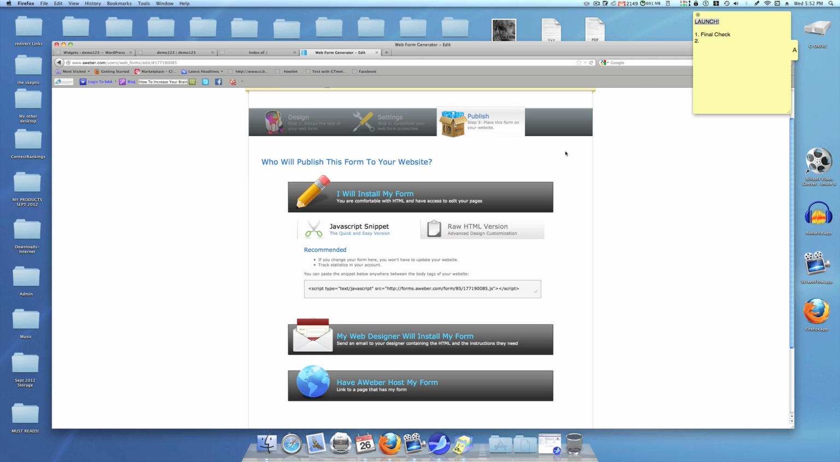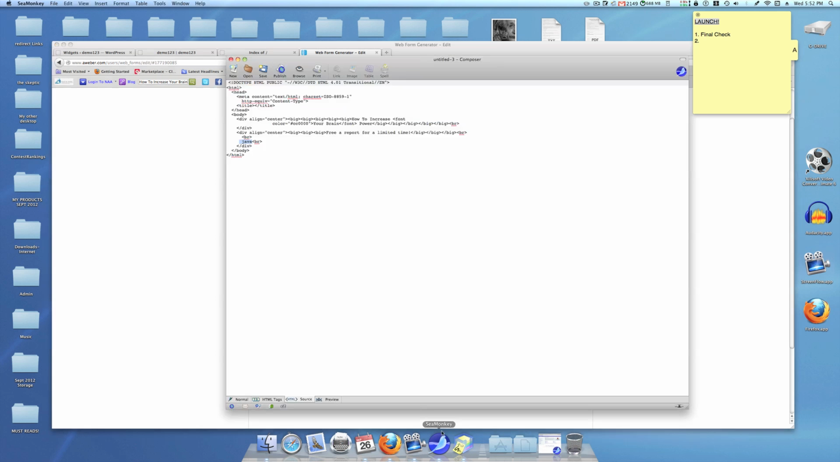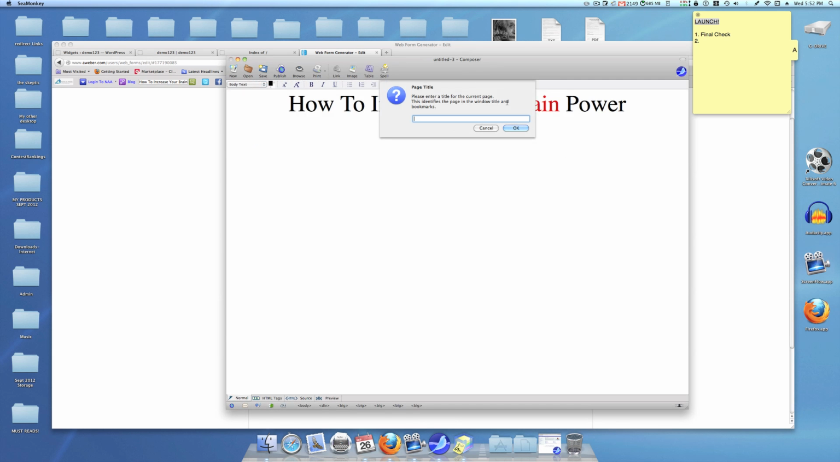So I went to Aweber and I created a very simple little form. And all I want to do is copy the JavaScript right here, the script that they gave us. And we're just going to go ahead and copy that. And then we're going to open up our Composer window, and we're going to paste it right into that placeholder that we put in there called Java. And then what we're going to do is go ahead and save this, and we're just going to call it